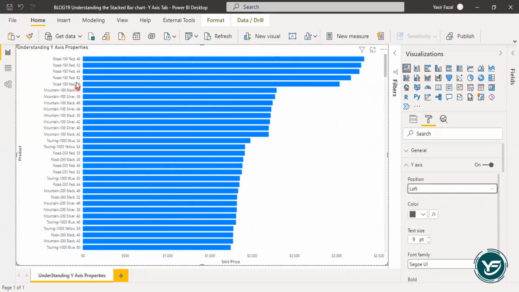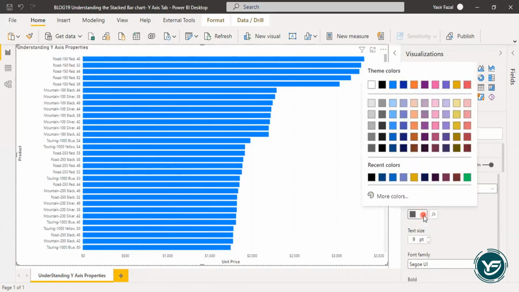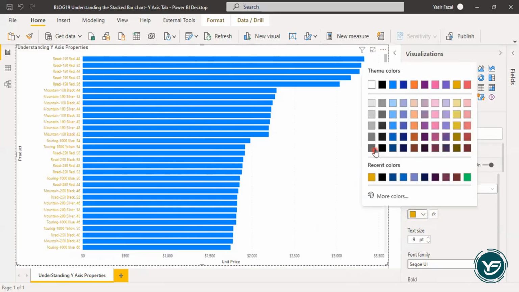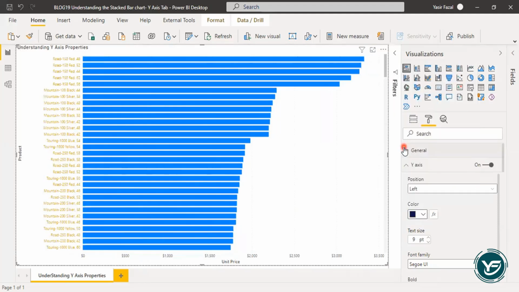Now here I can also change the color of the text. I can go ahead and select any color. I have selected another color over here. It's quite dim, so let's make it a bit brighter. So how about this color? So here it is, the new color is over here.